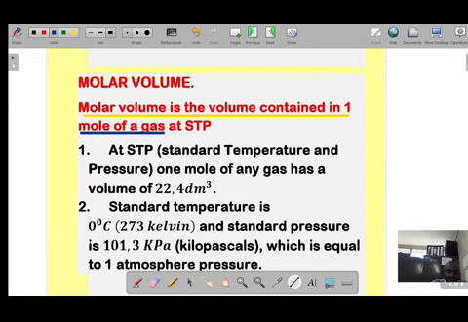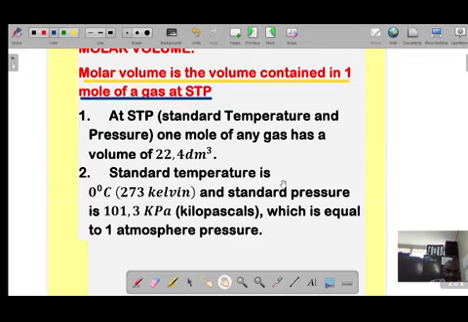So what's molar volume? It is the volume contained in 1 mole of a gas at STP. Now teacher, what does STP mean? At STP, that is standard temperature and pressure, 1 mole of any gas has a volume of what? Of 22.4 decimeters cubed. Note something here, we're saying 1 mole of any gas,